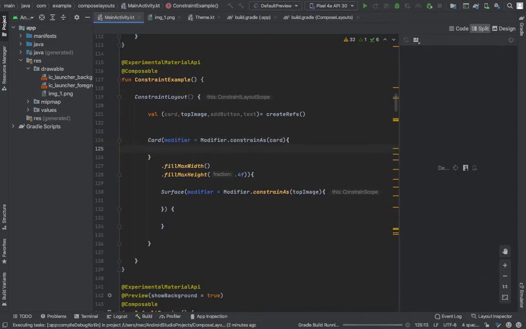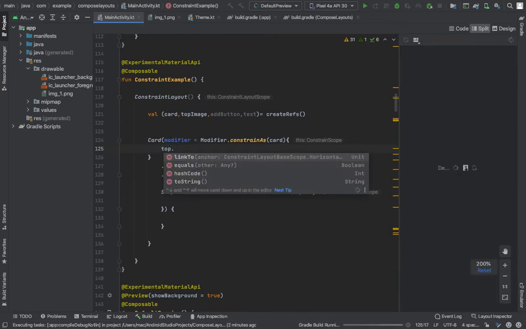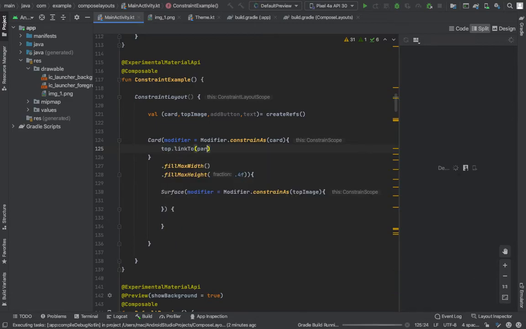For more simplicity I can assign many properties here, like how to assign the top dot linkTo parent dot top. Parent is specified as the constraint layout, so I can use this parent dot top. By these lines you can specify constraints to different types of widgets.